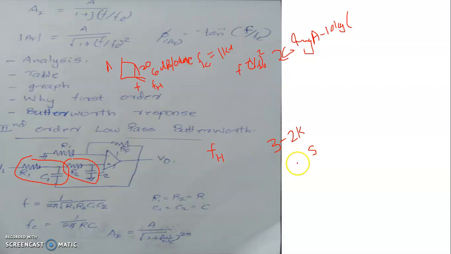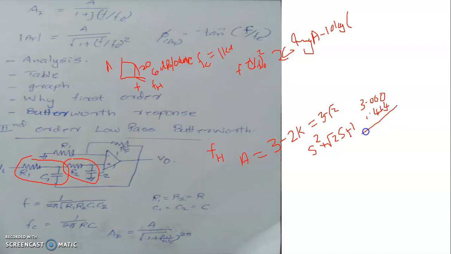The Butterworth polynomial of order 2 is S square plus root 2 S plus 1. Clearly, the coefficient of S is root 2, that is 2k. So the midband gain is given by the expression A equal to 3 minus 2k, which becomes equal to 3 minus root 2. Root 2, as you know, is 1.414, so 3.000 minus